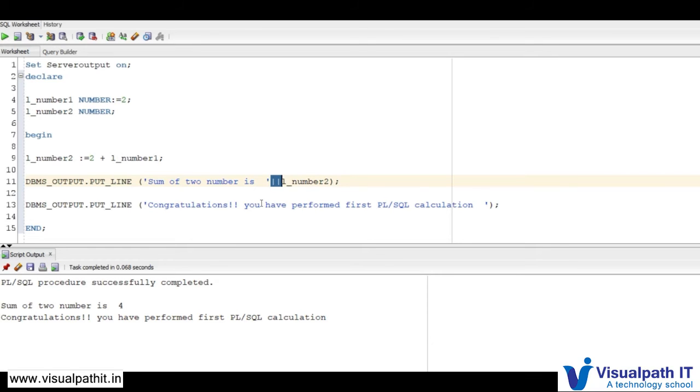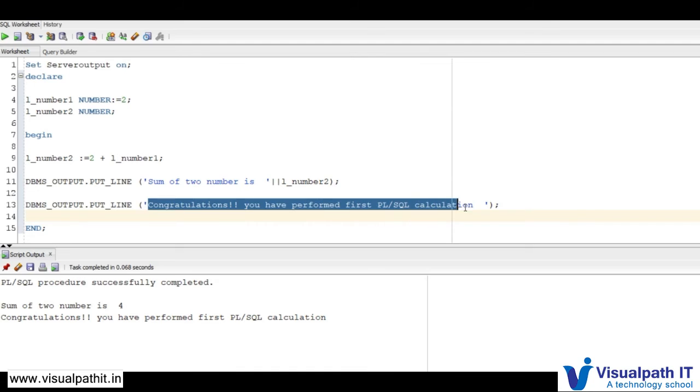Here you can concatenate two strings in PL/SQL. Whatever output comes from this mathematical expression will get concatenated with the string. And this is the entire string I want to print.